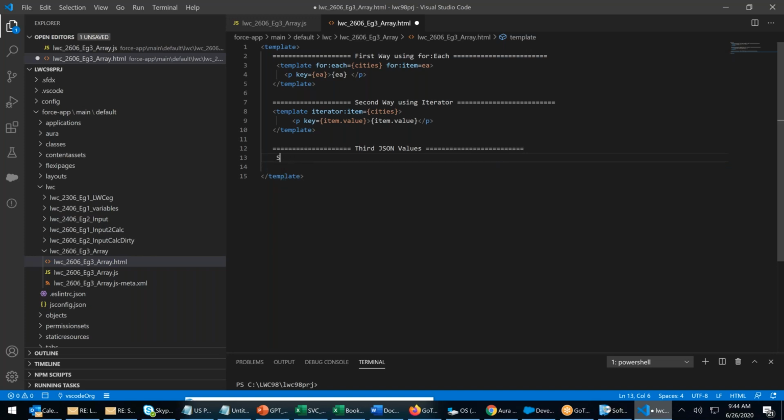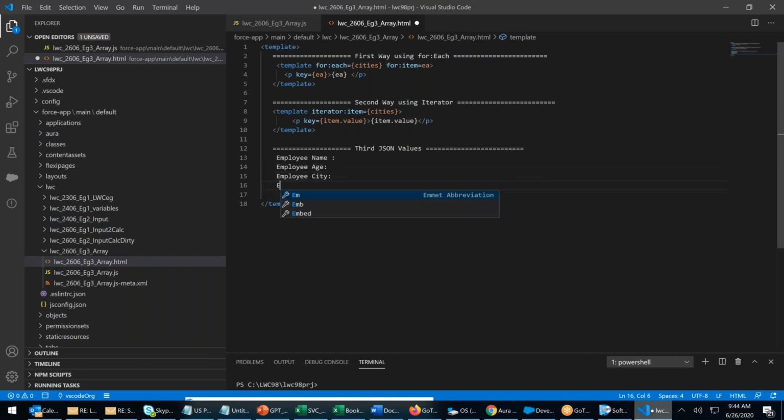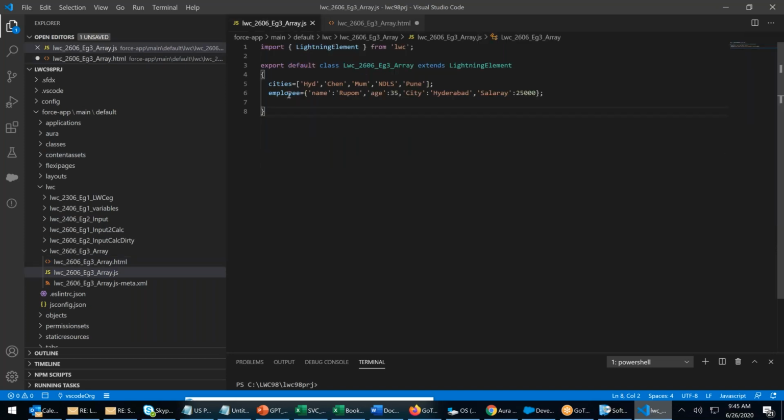Sorry, what is that? It was employee. Employee name. Employee age. Employee city. Employee salary. What is this data? This data is called employee.